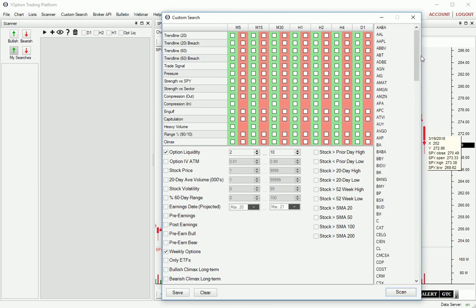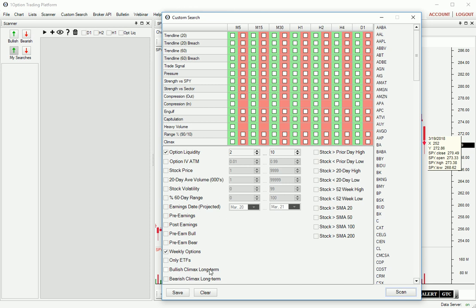So the next thing that I want to do is I want to find stocks that have sold off dramatically in some cases and are near major horizontal support. Those make fantastic candidates. I'd mentioned in my prior videos that I oftentimes use this bullish climax to look for call credit spreads, bearish call spreads,